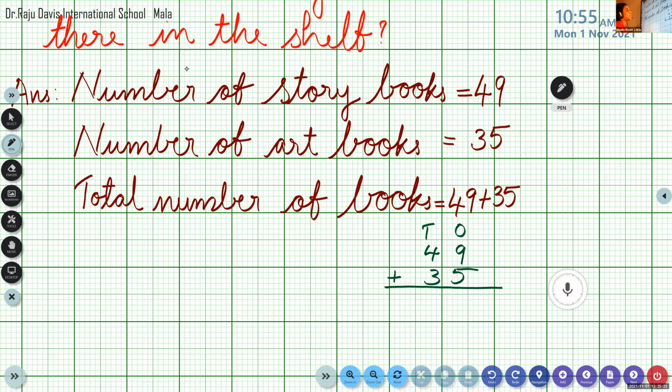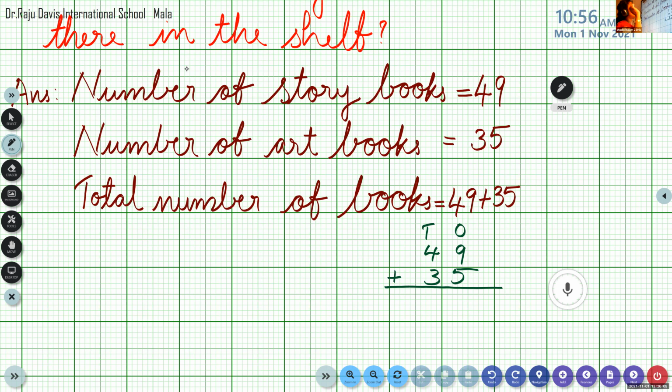Olivia, please tell me, my dear, how to add this one. 9 plus 5. What is the answer of 9 plus 5? 94. 9 plus 5. I'm asking about this ones place only. Others, please be silent. I'm asking Olivia. Others, please mute your mic. Okay, Olivia, please tell. 9 plus 5 is 4. Please check it. 9 in your mind, 5 on the fingers. After 9, 10, 11, 12, 13, 14.